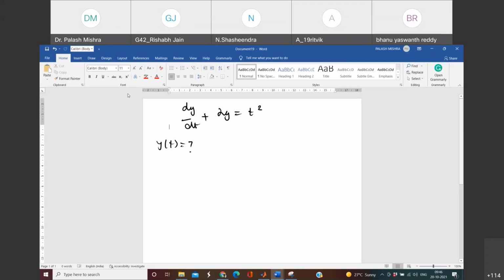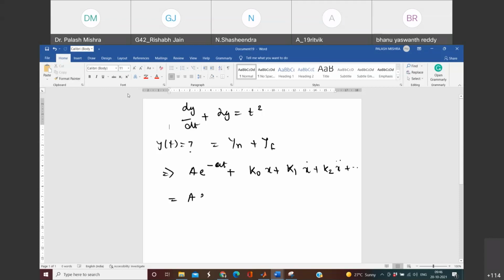So y(t) is the addition of the natural response plus the forced response. What will be its natural response? Any guess? It will be A e to the power of minus a t, where A is a constant, plus, as I told you in the previous slide, the forced response equal to k naught times x plus k1 times x dot plus k2 times x double dot and so on.